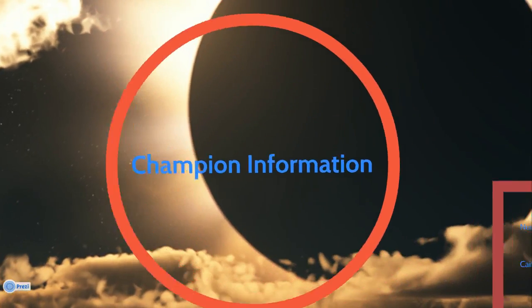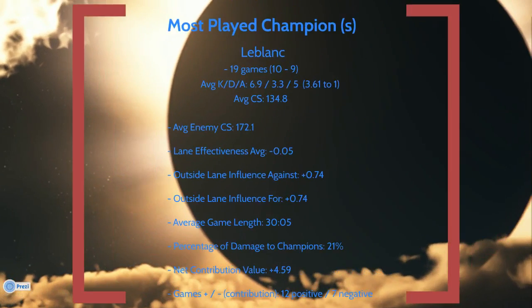Champion information. The most played champion, as I've been saying, was LeBlanc. I went 10-9 in 19 games. I had a 3.61 to 1 KDA. Very low average CS number, 134.8. She's not really a farming champion, and as you'll see when we get down, the average game length was 30 minutes, so 2 minutes shorter than the average game length I've been getting,